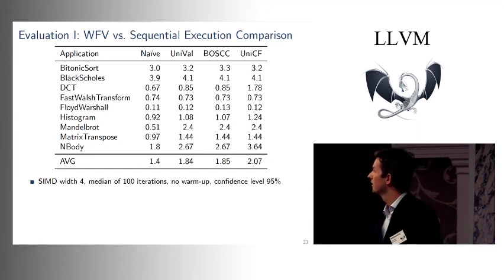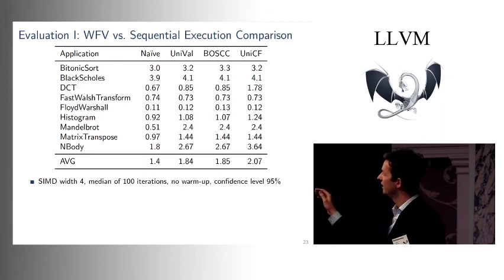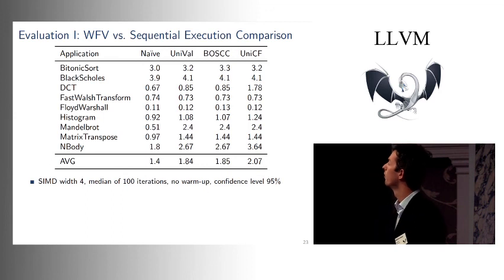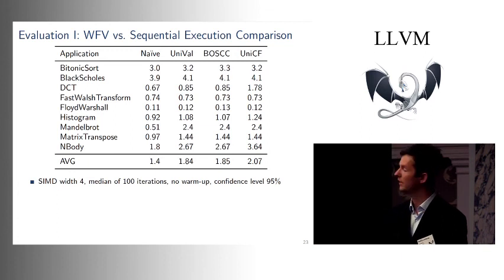And what you see here in that table is a comparison of different configurations of our Vector of the OpenCL driver that we have, with different configurations of the whole function vectorization. So the baseline here is sequential execution. So a value of 1.0 would mean that it's exactly as fast as the sequential execution. There's no multi-threading involved whatsoever. So this is just single-threaded, sequential for 1.0. An ideal speedup would be 4 or even a bit more due to caching effects and stuff like that, because that's an SSE architecture. So you can see immediately that the naive